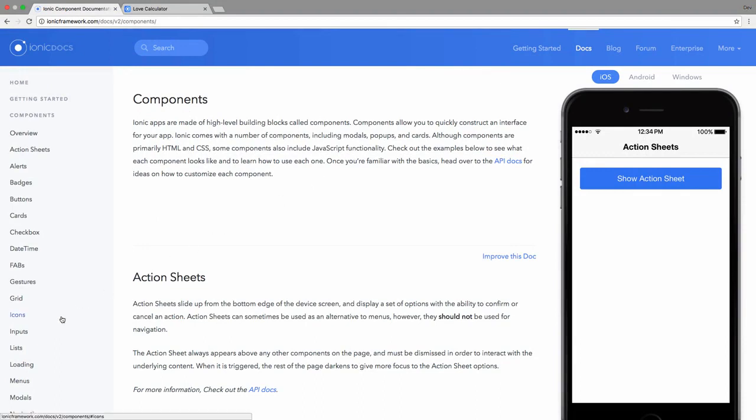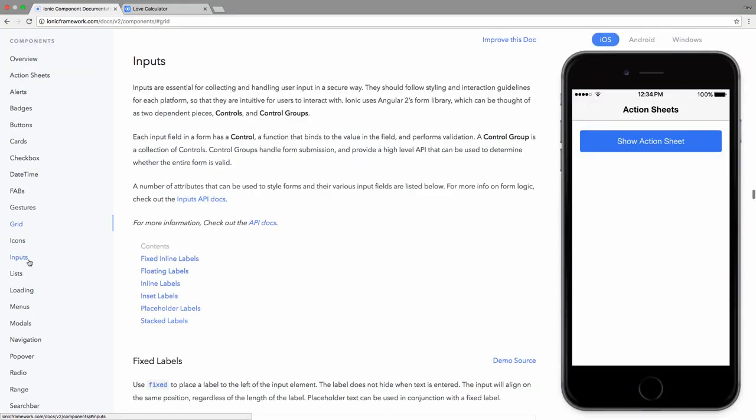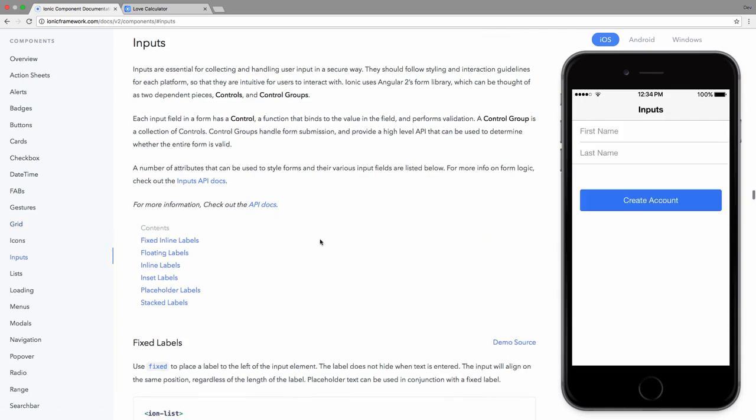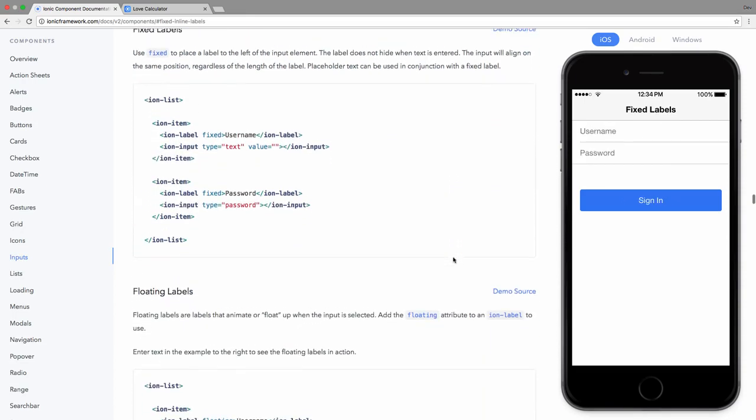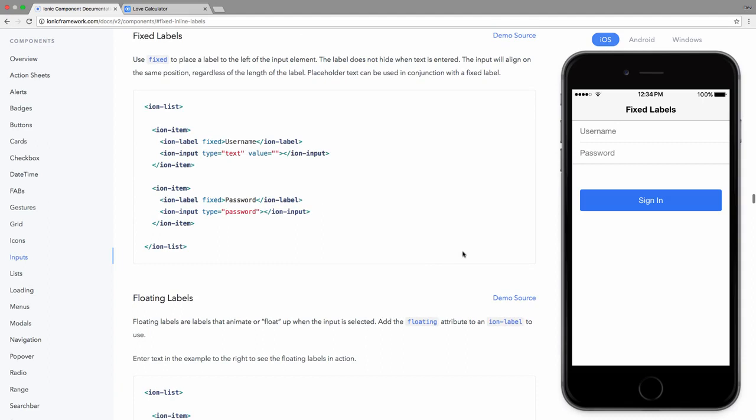The components we're interested in are inputs. So here's the first example of input fields. The nice thing about this preview frame is that we can also interact with it. So here we can enter some text. You can see that this is a basic input field with some placeholder text. But if we scroll down, there are other examples of possible ways we can use inputs, like we can have